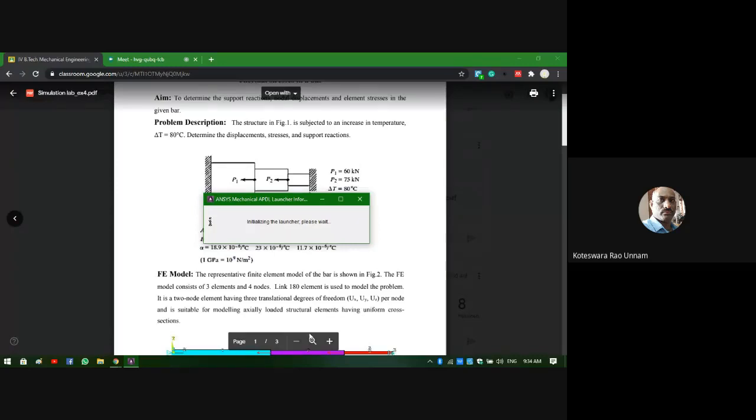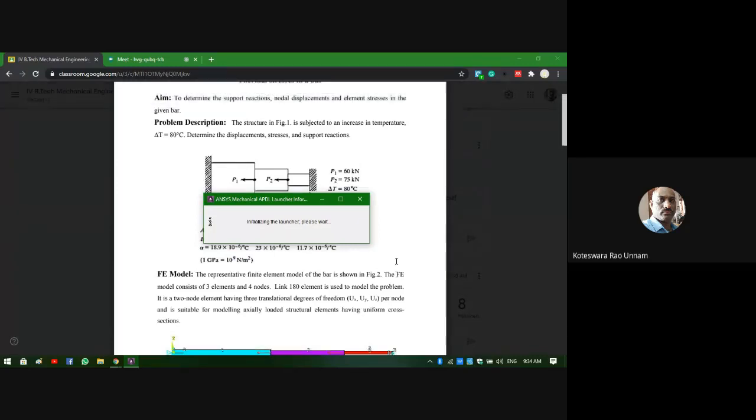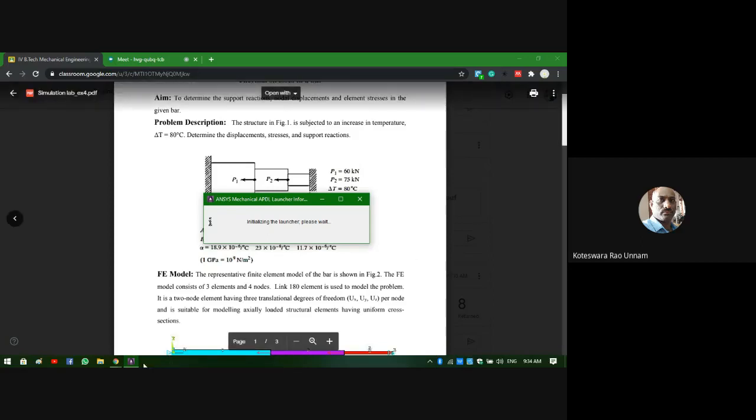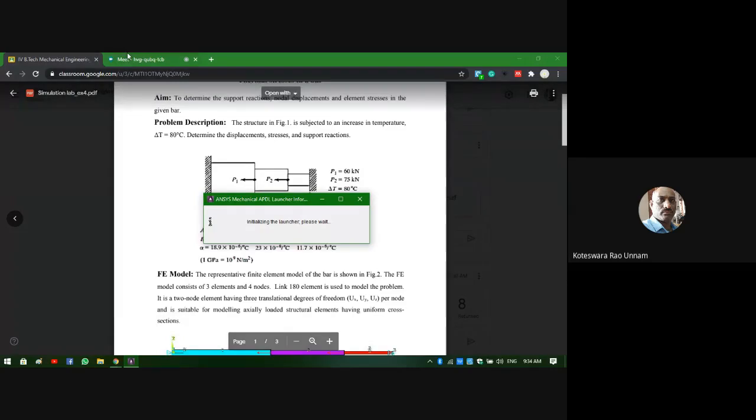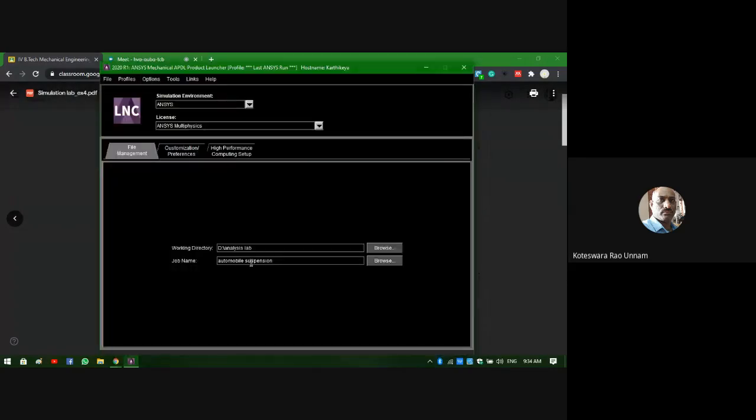It will take some time to open. Okay, so I'll change the name to thermal stresses in a bar.